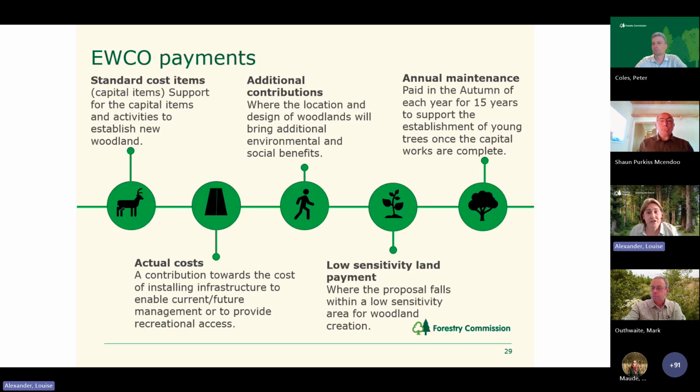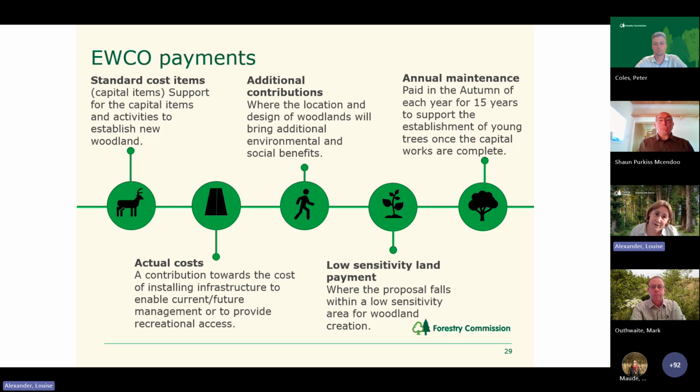So this slide just shows you the payments that are available under EWCO. You've got standard cost items, which support capital items and activities to establish new woodland. You've got actual costs. Now, these are a contribution towards the cost of installing infrastructure to enable current or future management or to provide recreational access.